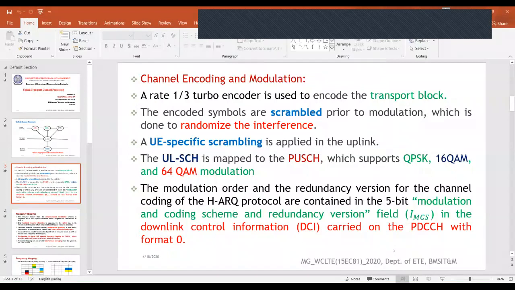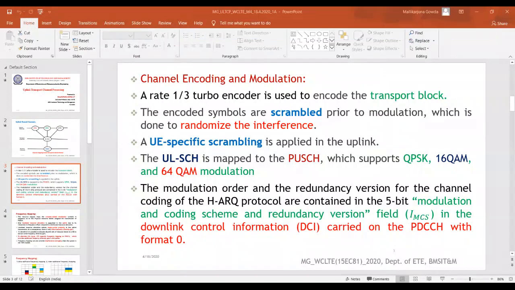Okay, fine. Then the modulation order and the redundancy version for this channel coding of the hybrid ARQ protocol are specified in the 5-bit modulation and coding scheme and redundancy version field of the DCI, which is carried on a physical downlink control channel with format 0.